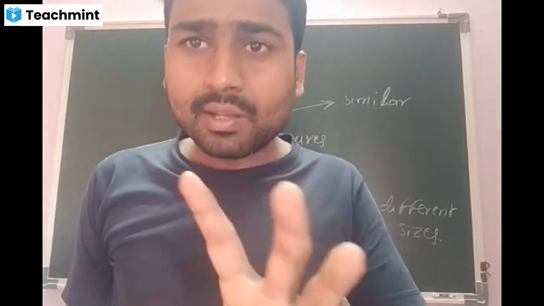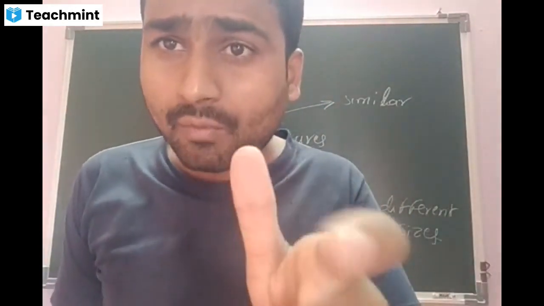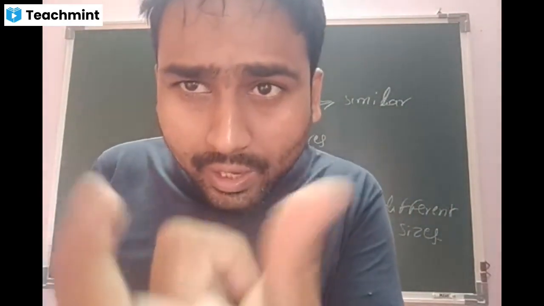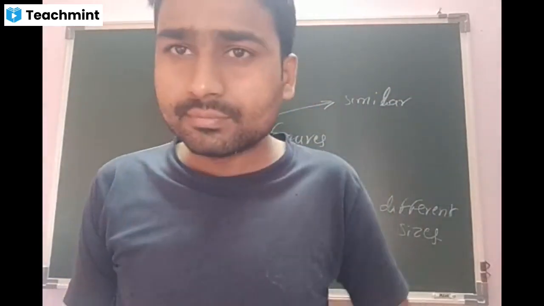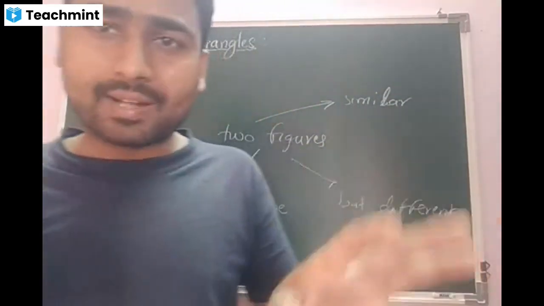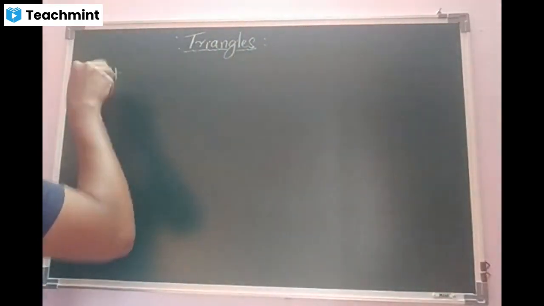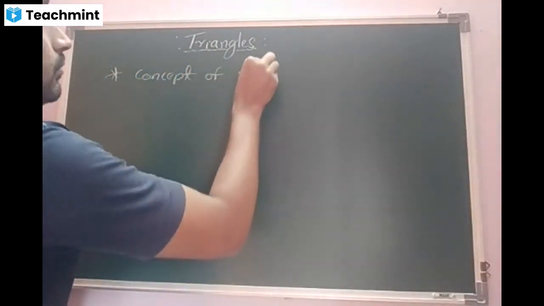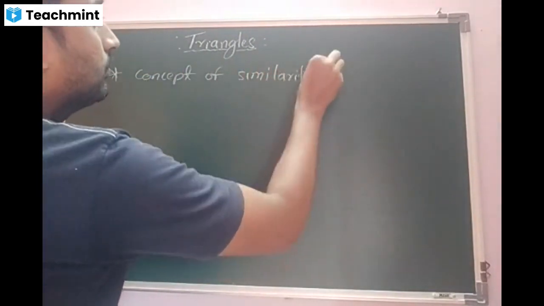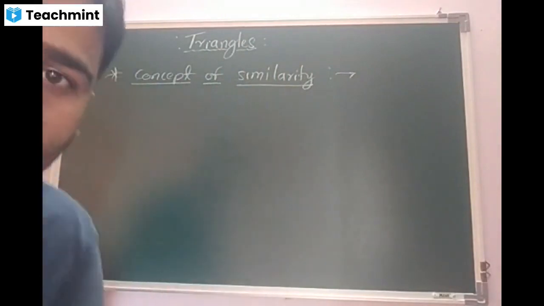Now look at this. I'm talking about similar figures in day-to-day life. It may be anything, beta. You have seen butterflies, beta? The small butterfly and the bigger butterfly. You can see the similarity. Am I right? Yes, sir. So let us write a side heading. Leave some space, beta. After the syllabus, write the side heading: Concept of similarity. Beta, write down fast.